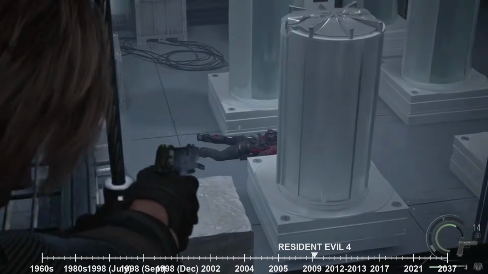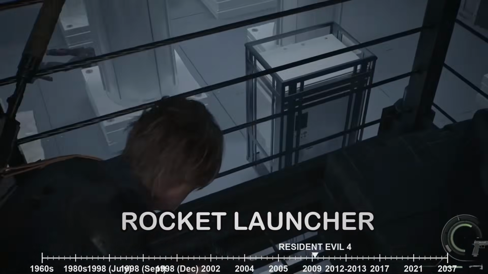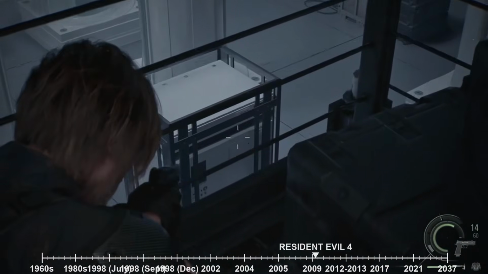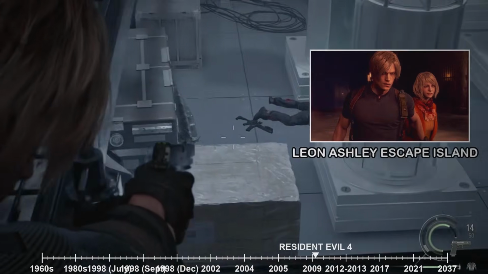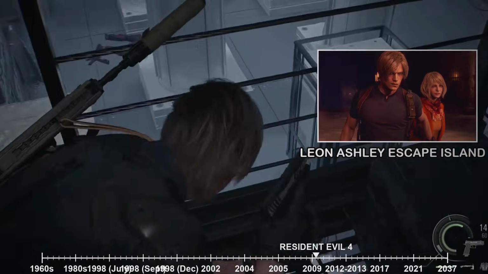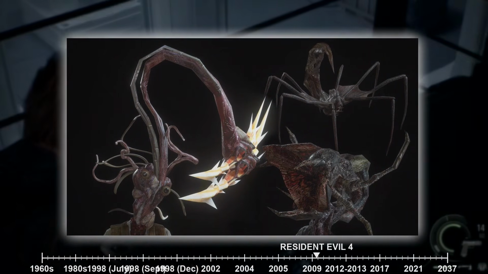Ada, true to her ambiguous nature, provided a crucial rocket launcher, a weapon of immense power that finally brought down the monstrous cult leader. Sadler's defeat signaled the end of the Los Illuminados' reign of terror. With Sadler vanquished and the Plagas threat seemingly contained, Leon and Ashley made their daring escape from the collapsing island compound. The island, now a smoldering ruin, was a testament to the destructive power of the Plagas and the lengths